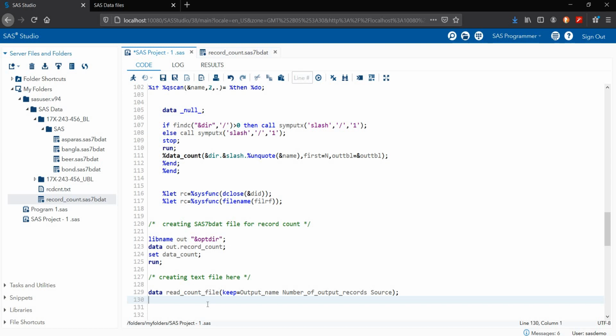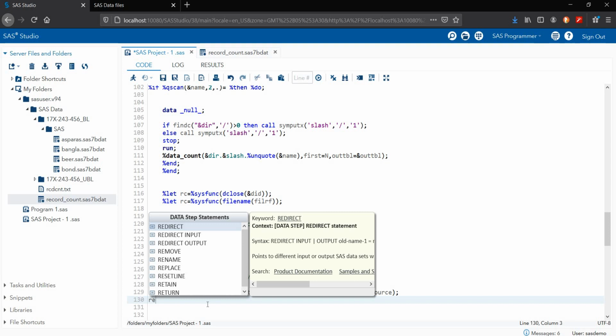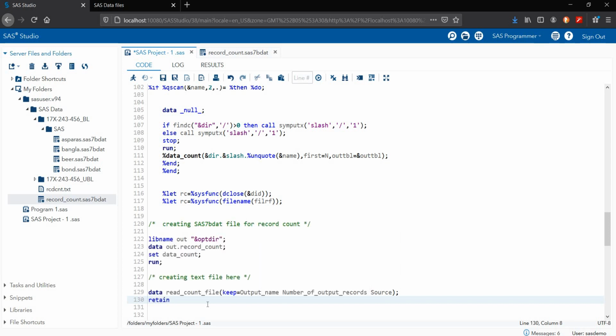I'm using the retain statement for retaining the variable name output. If I'm not using the retain statement, that will not come into my file. So that's the reason. Retain statement is done.